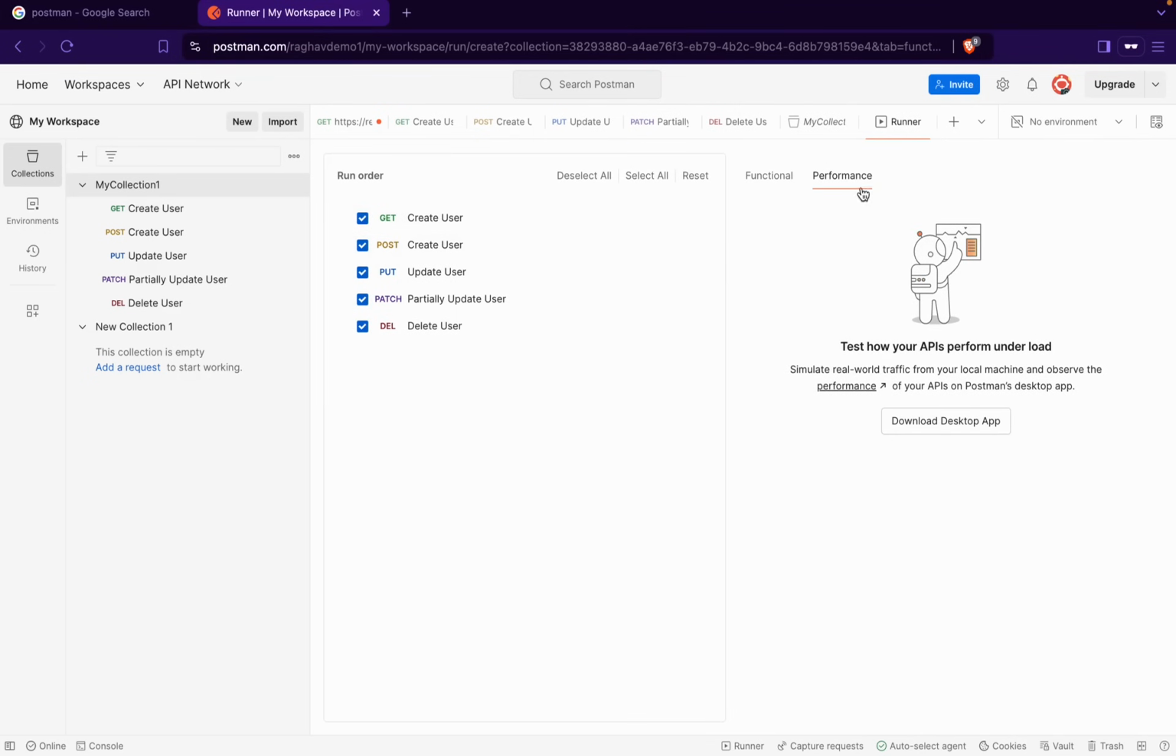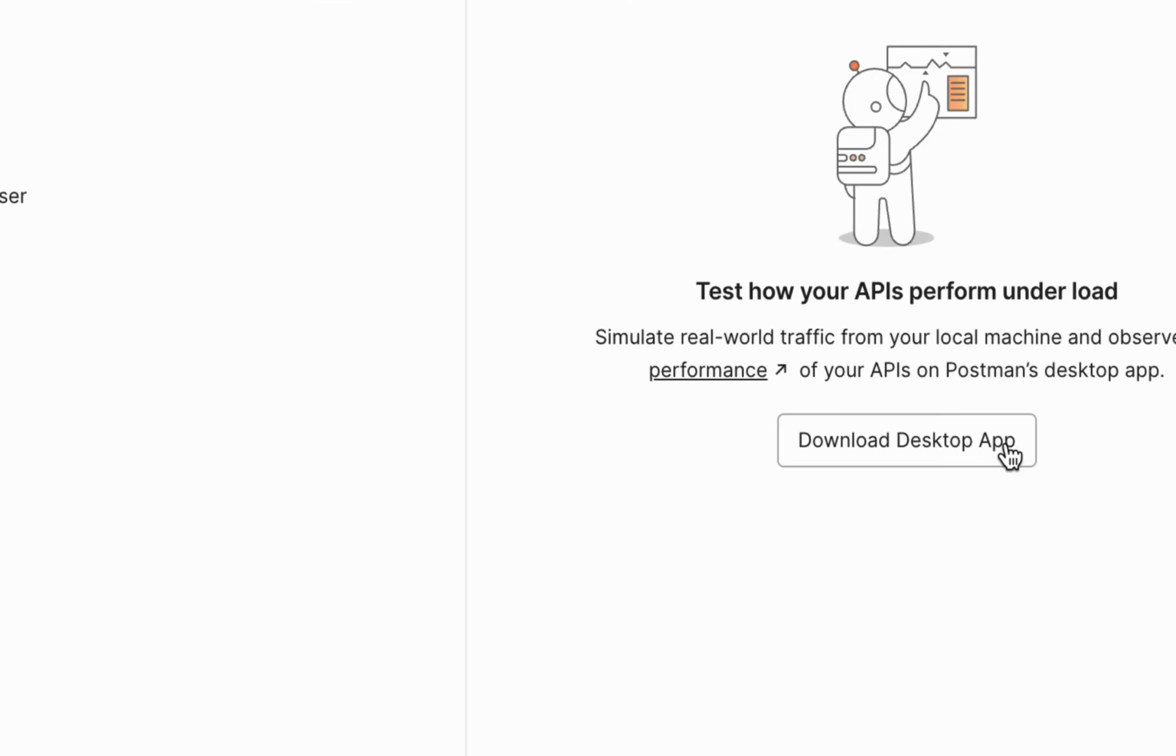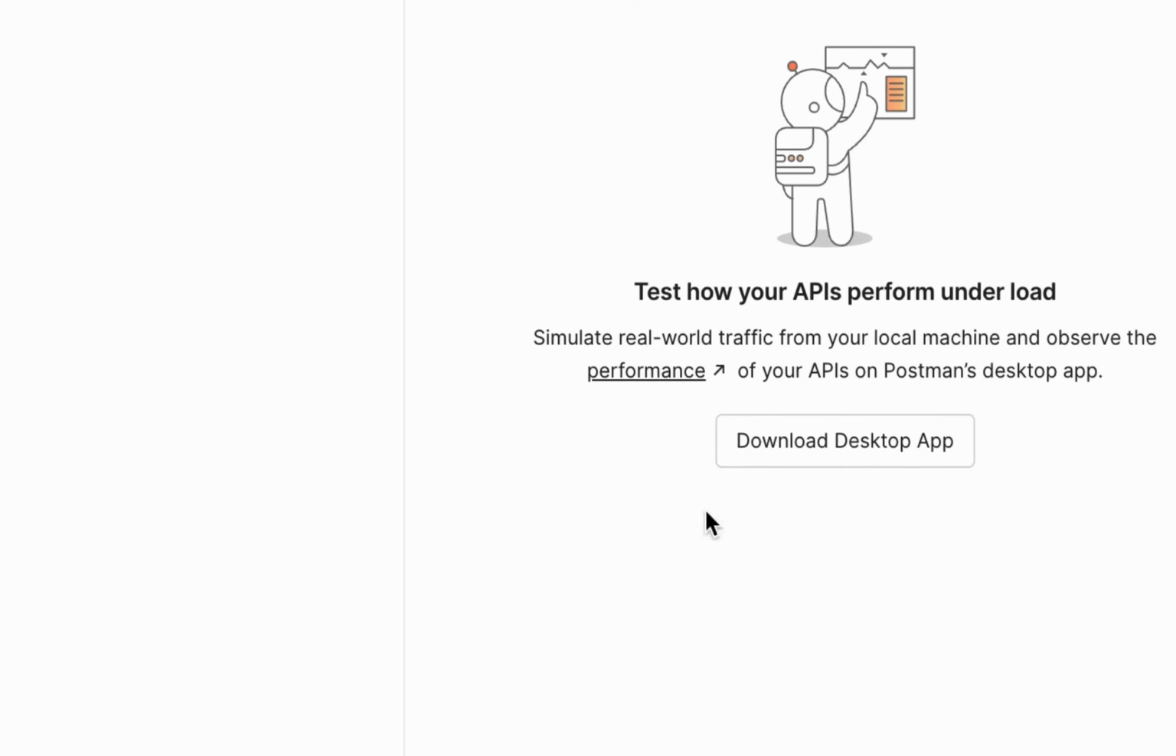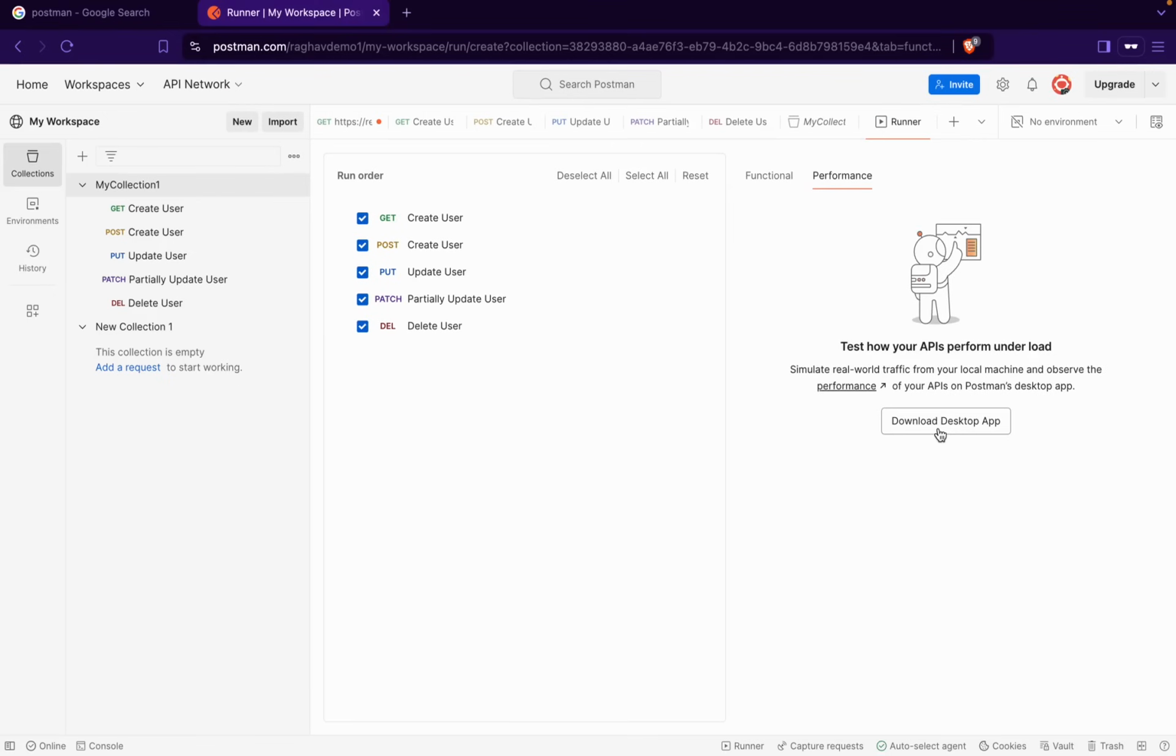Now here, if you see here, it is saying we need a desktop app. So in case of performance testing, we need a desktop app because it will be using your system resources. So for that, you can download a desktop app and you can log in to your account. So whatever we have done here on the browser, in the Postman app, the same things you will find on the desktop app as well. So let us say if I open my Postman desktop app,